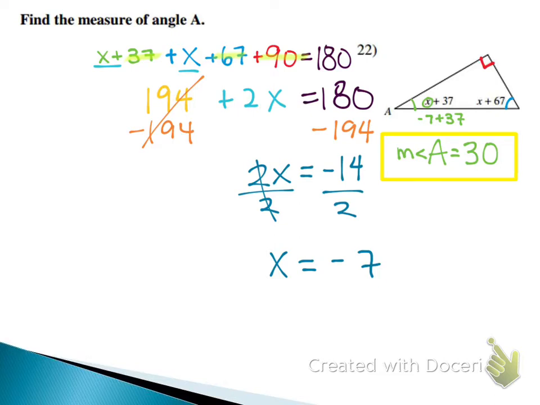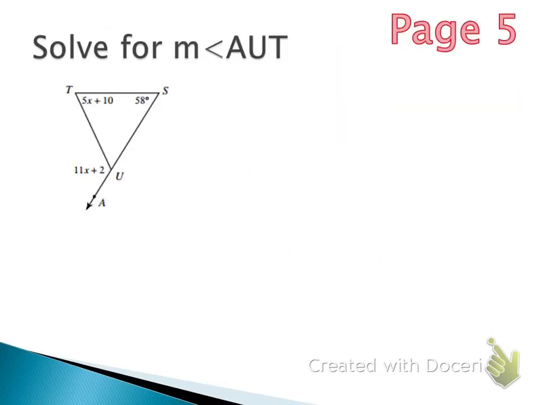Okay, we go to page 5. It's the last one we skipped. So, whenever you see a problem like this, is there any way for us to find this angle right here? Do we have enough information to figure it out? No. So, that's why we have the exterior angle theorem. This angle, AUT, the angle we want to find, is on the exterior. So we know the exterior is equal to the 2